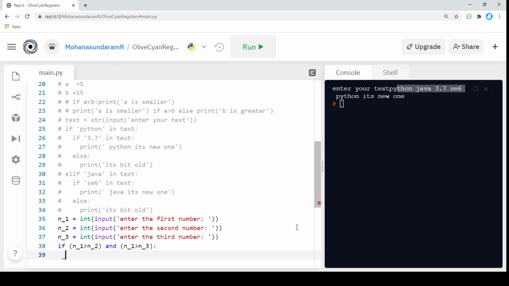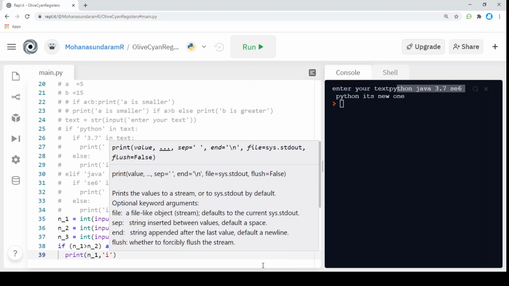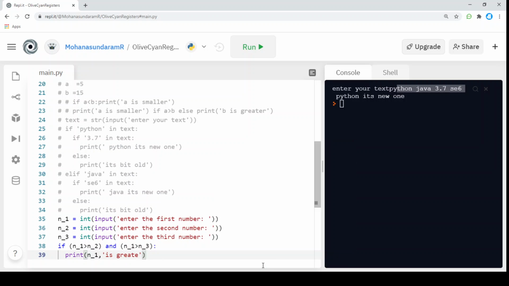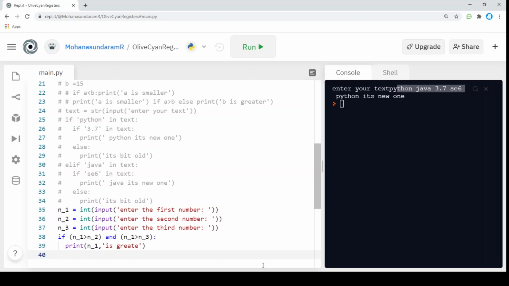If both conditions have been satisfied, it will print. I'm going to print n1 is greater. And I'm going to pass an elif here.